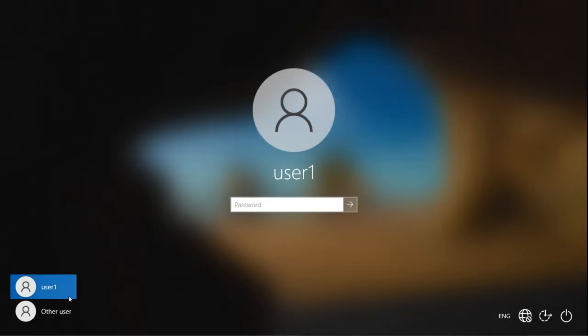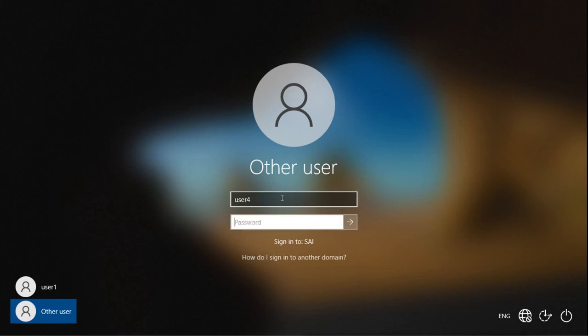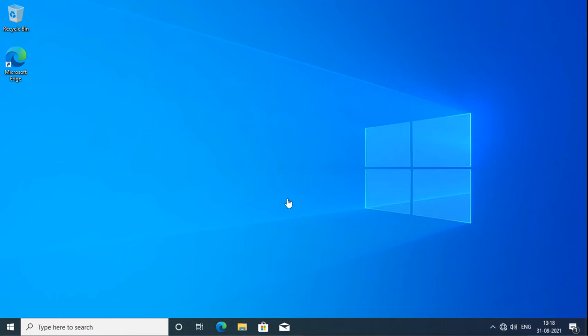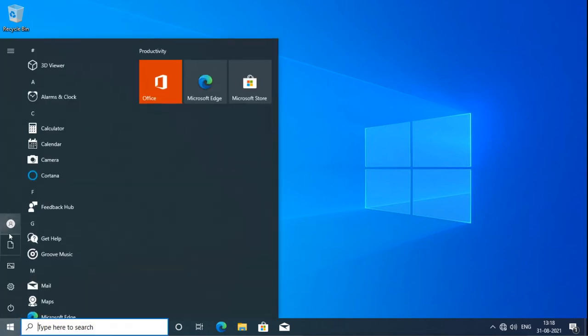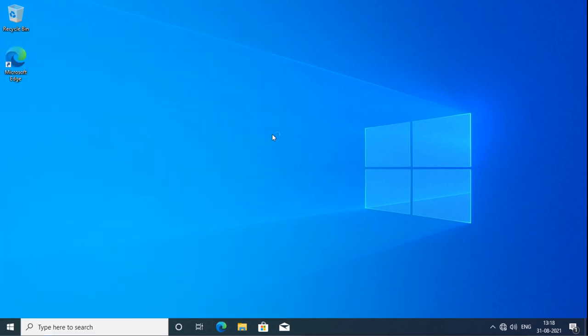So I will try to log in as user 4 here. Now we are logged in as user 4, which belongs to the other OU where the policy is not applied.